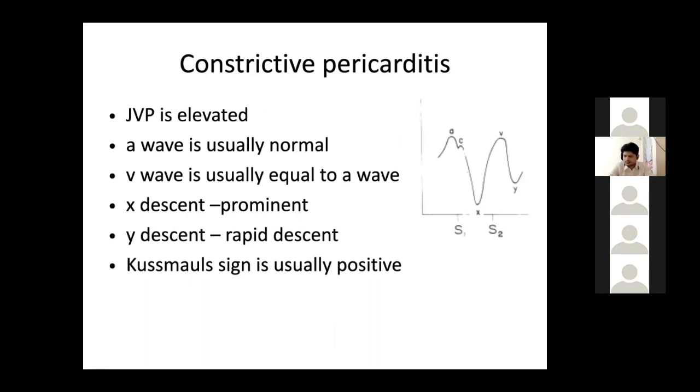Now I already discussed that there are conditions where the A and V waves of the right atrium become equal. One of the first classical causes is atrial septal defect, because there is a communication between the right atrium and the left atrium. So the right atrium A and V wave become equal because it is the left V wave which gets reflected in the RA, and so A becomes equal to V. Also in cases of CCP and restrictive cardiomyopathy, you get A equal to V. Just to remember, I discussed this.